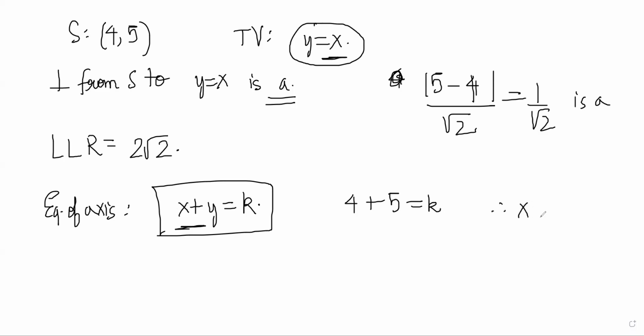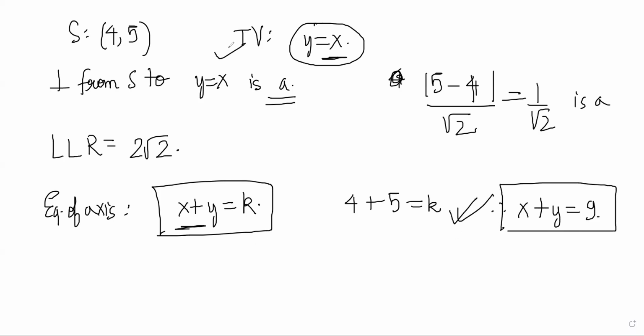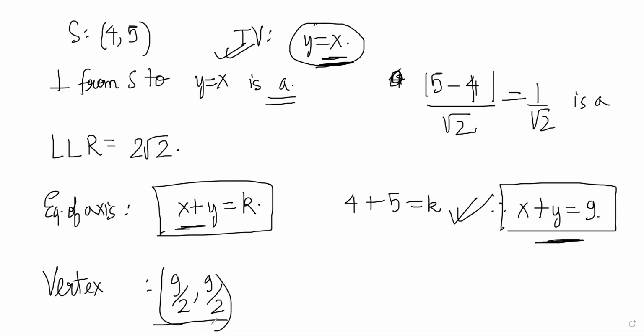So therefore the equation of the axis is x plus y equals 9. And once I know the axis and I already know the tangent at the vertex, the vertex would be the intersection point of these lines, and that is clearly going to be 9 by 2 comma 9 by 2. So the entire problem is solved now, and it is solved because we remembered the property